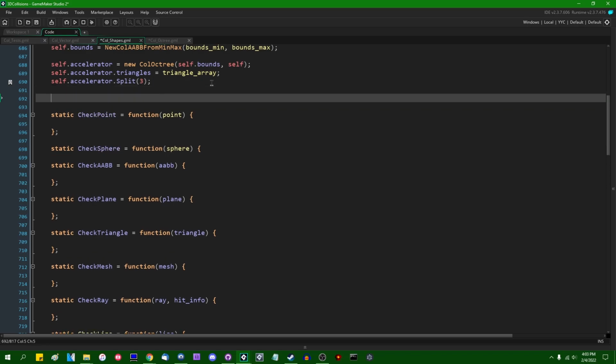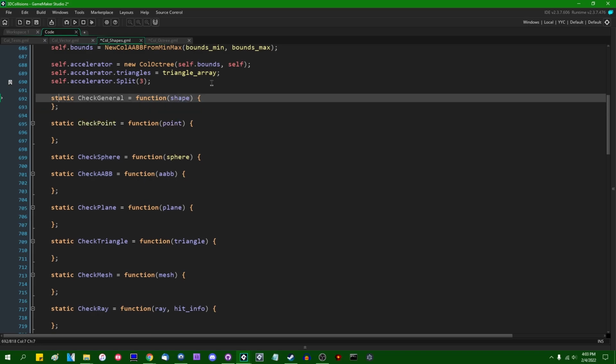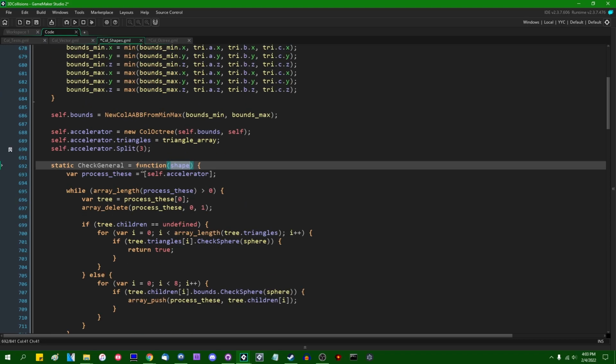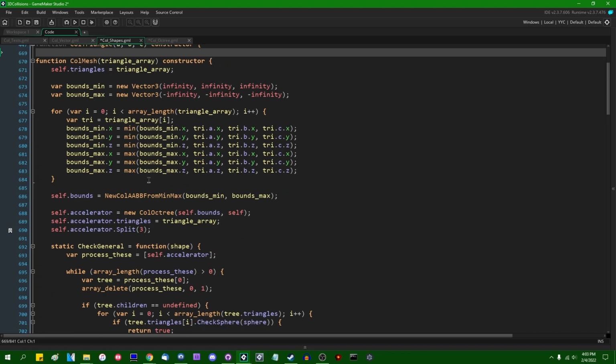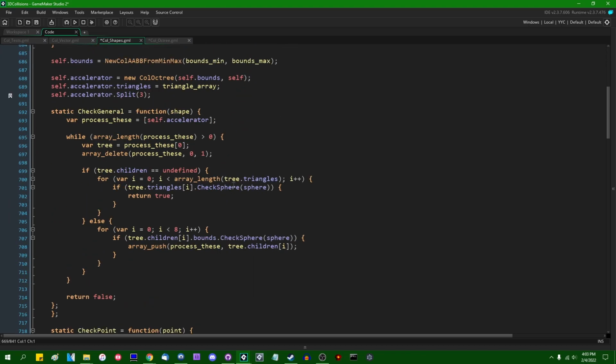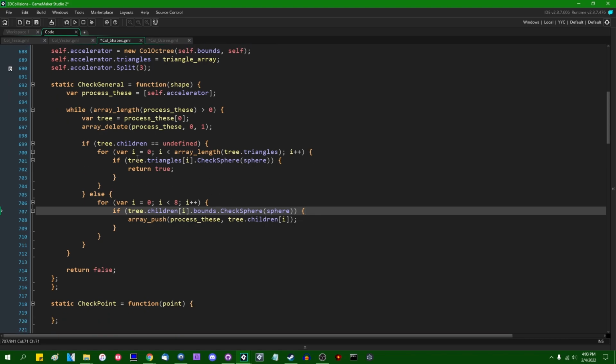I'm going to define myself a pneumatic static check general. That's going to be a function which takes any old incoming shape. Shape can be either a point or a sphere or an axis-aligned bounding box or any one of these other things, except another mesh, really. And instead of on line 701 here and on line 707, instead of saying tree.triangles_i.checkSphere against the sphere,